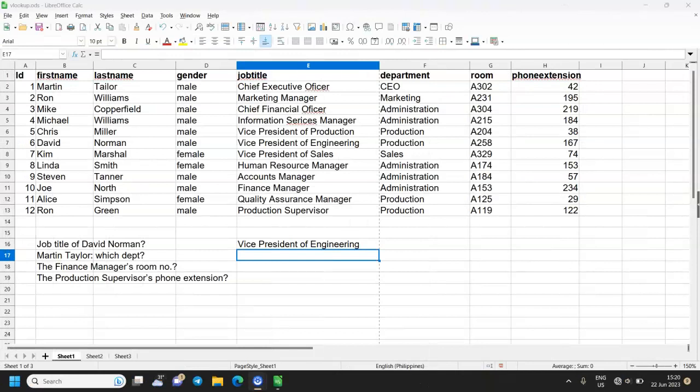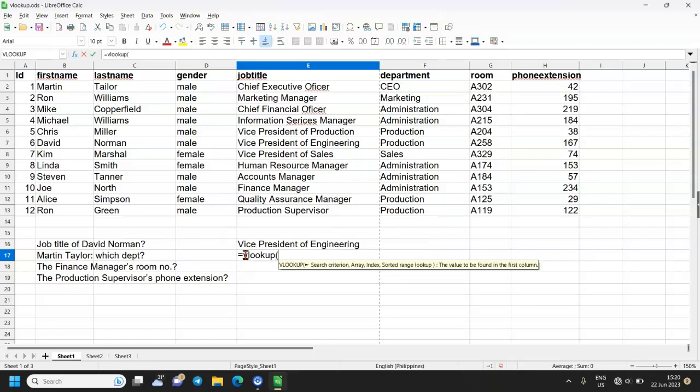In the same way, we can find the answers to the other 3 questions. This time we enter the formula by hand. We enter equals, VLOOKUP, brackets open. So now we need the search criterion, which is Martin Taylor. That's